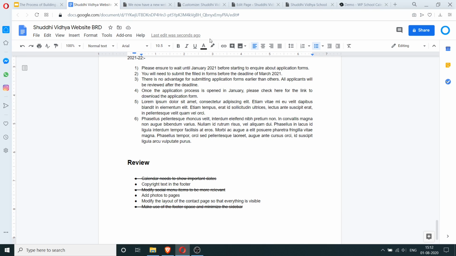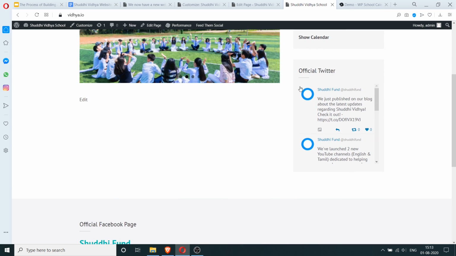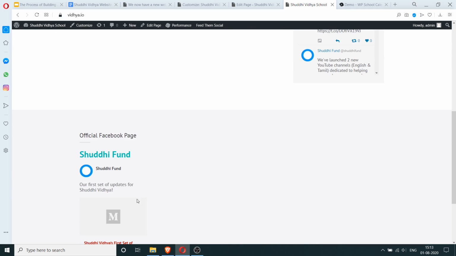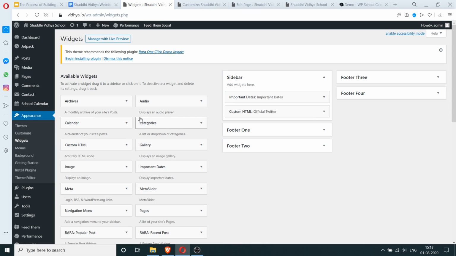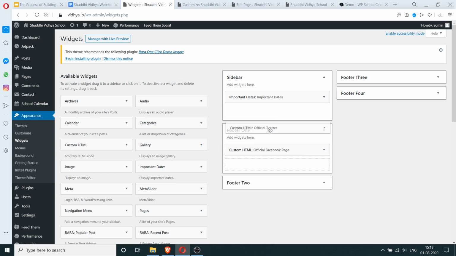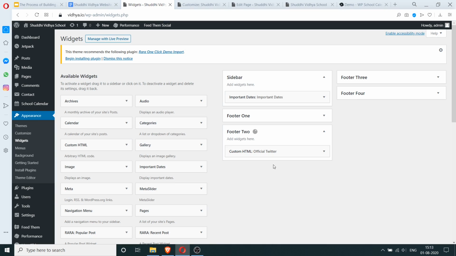Modify the layout. Actually, I'm thinking that we can move the official Twitter also to the footer so that it looks better. Make that footer 2.